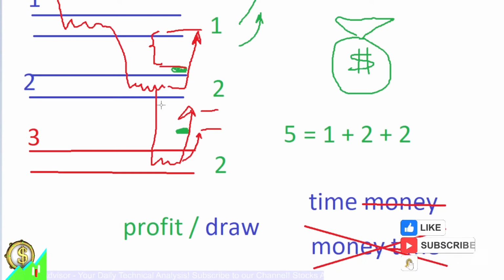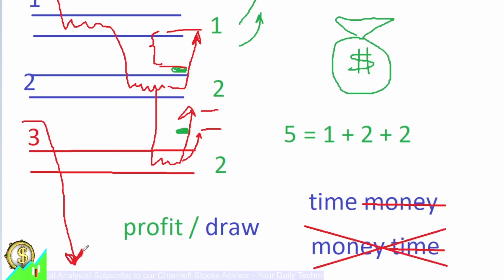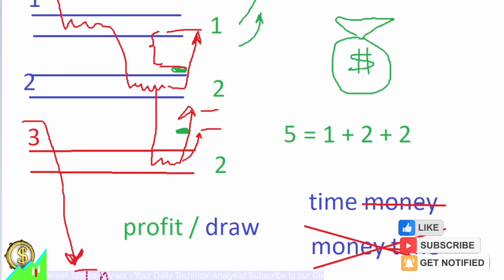Sometimes you have really bad news that can break this third level even lower. Well, then you have to take a loss. But if you look at statistics at our channel, usually it's not the case. I think it only happens a couple of times in a year. A recent example, we have to admit, was TAL. We will make a video today about it.